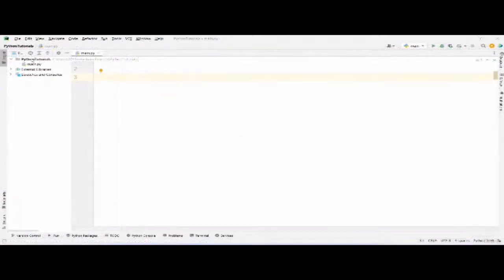All right, so once you have your project, and then inside of your project, you have any Python file. Now you can name your project obviously